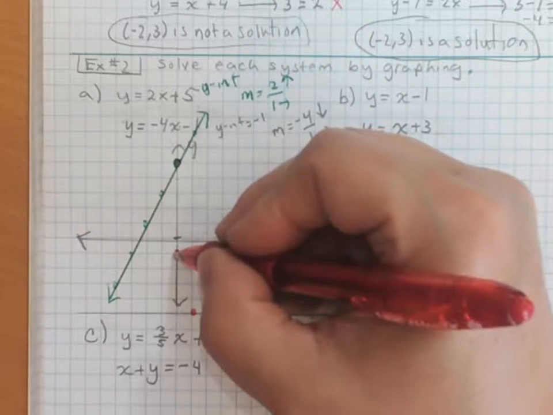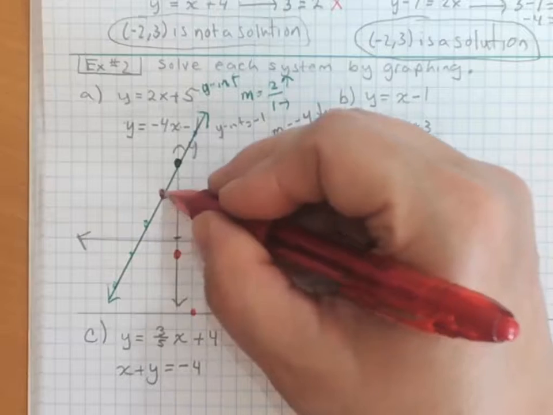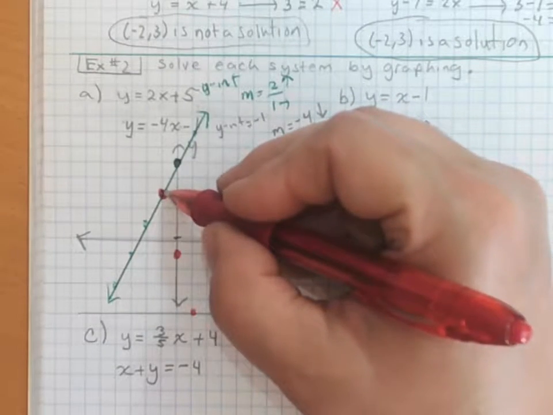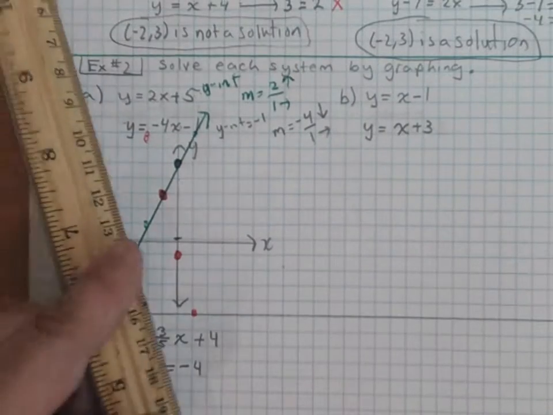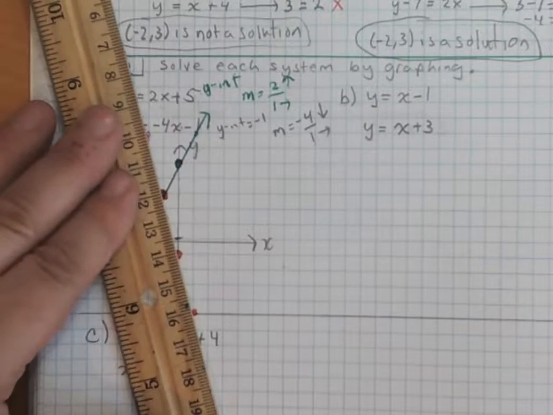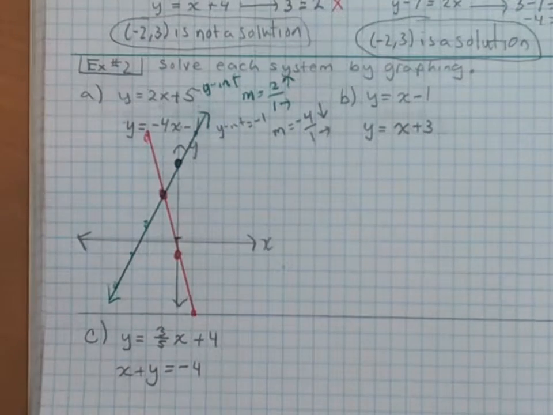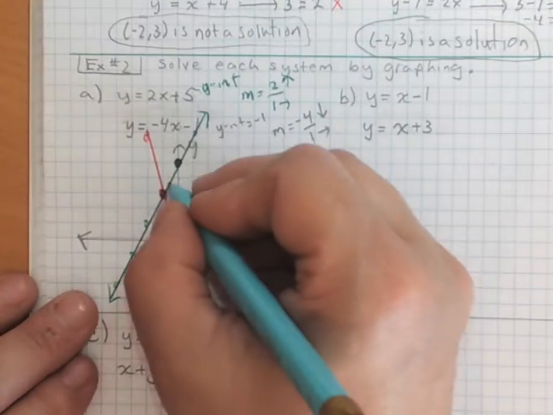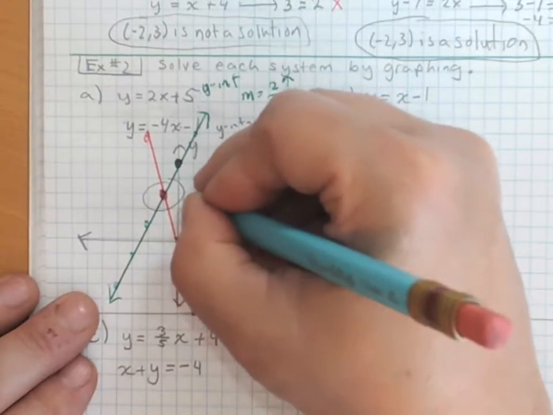I'll have to reverse directions. Up 4, 1, 2, 3, 4, left 1. And notice I fell right on the other line. So there's my line up points. Connect them. There we go. And this right here where they intersect, that's my solution,